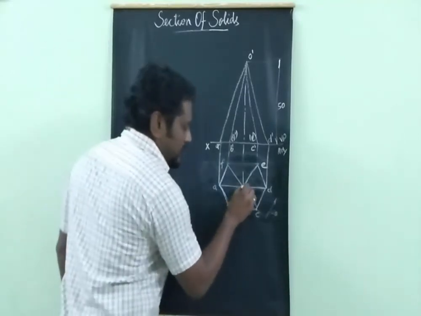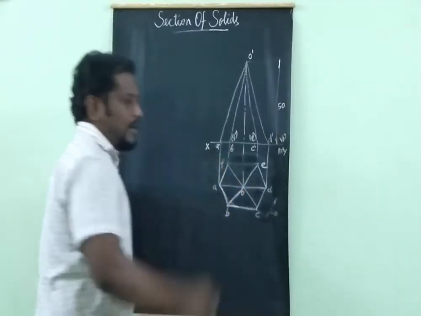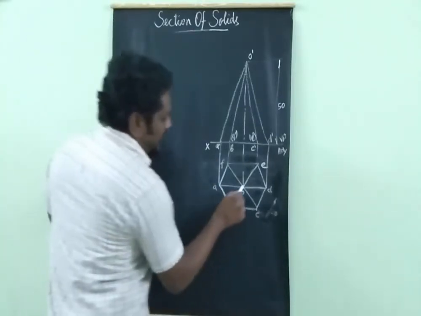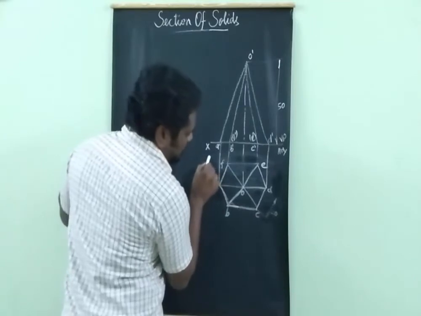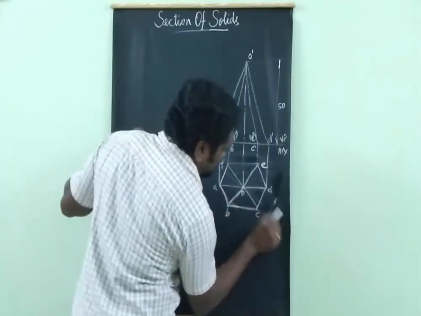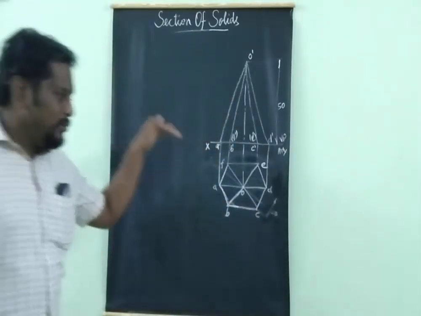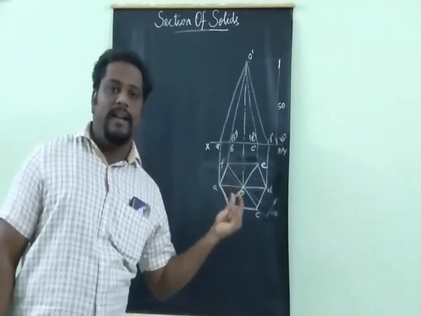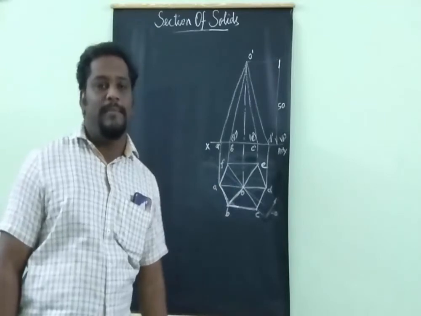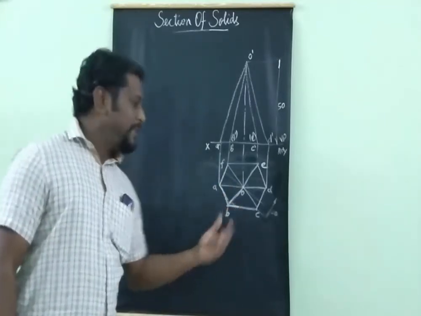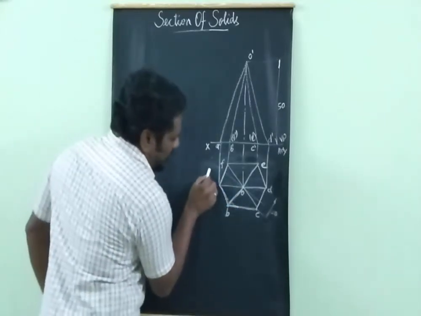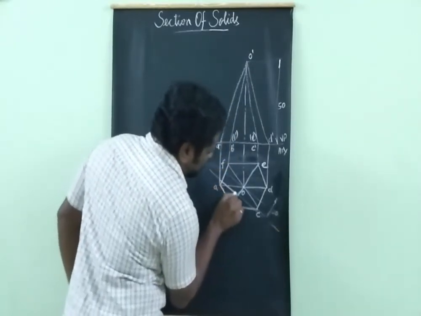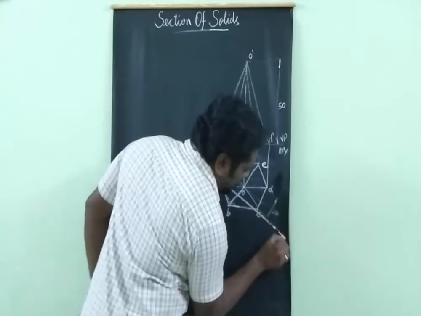Now this is your axis line. Now to draw this, you have to draw a 30 degree line along your axis like this, right? Parallel to this 30 degree line, you draw another line with a gap of 5 mm. That will be away 5 mm given. So here I am drawing another line like this. This is my cutting plane.